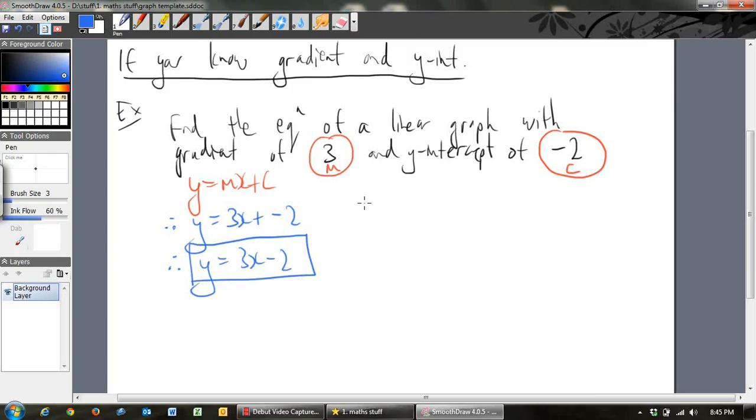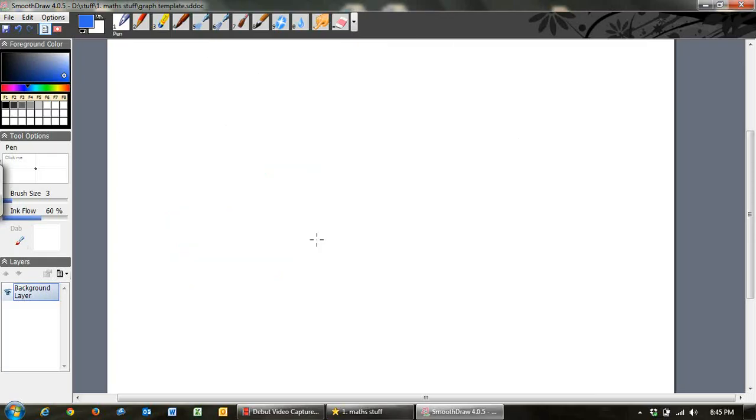Okay, so that's a really easy example where you're looking for the gradient, you're looking for the y-intercept. If you know those two, then you just put those in. Instead of writing m, you write the 3. Instead of writing c, you write the -2. So that's a nice way to start. It is not always that easy though, but that is the first sort of type of